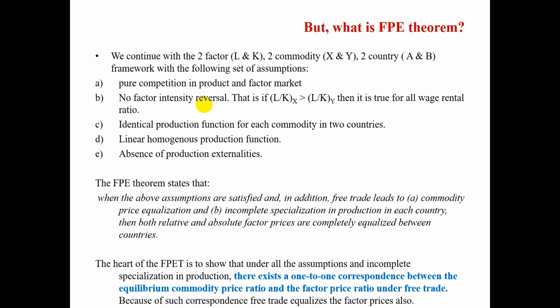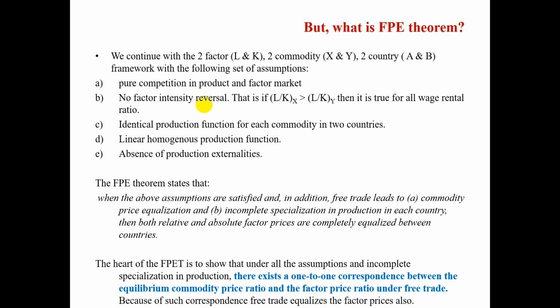Now, one point must be mentioned here, that here we have assumed that factors are not freely mobile across the nations. Now, what happens if factors are mobile? Then just as I have mentioned, if the factor prices are higher in one country, then factors will be moving towards that country. So, factor prices will automatically be equalized. But here, it is trade which acts as a proxy for the international mobility of factor. Trade equalizes the commodity prices as well as it equalizes the absolute and relative factor prices.